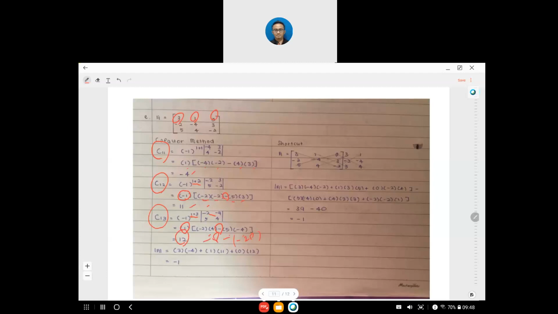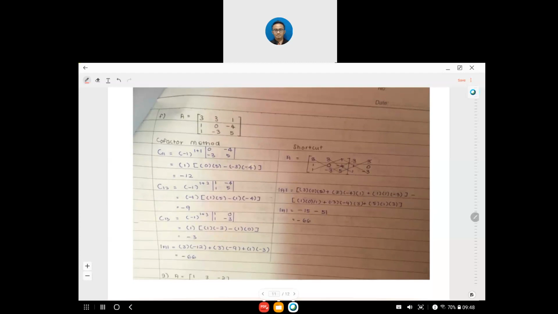So you can get the determinant of matrix A, 3 times negative 4 plus 1 times 11 and then 0 times 12. You can get negative 1. Also the same thing if you are using the extended column, this one. Sama je, you can choose either one lah. Okay, that one for E. For F,